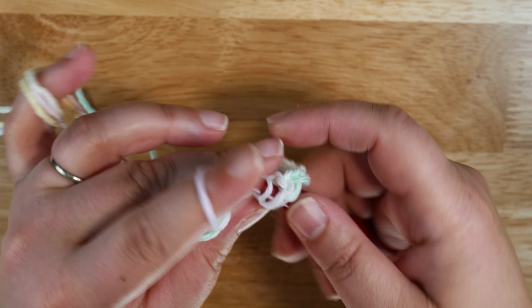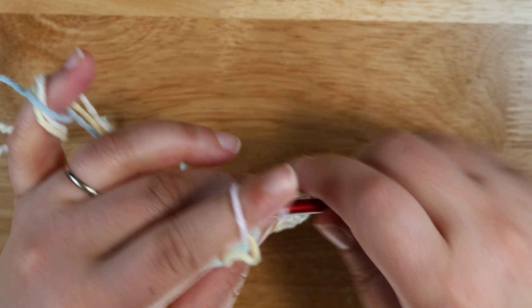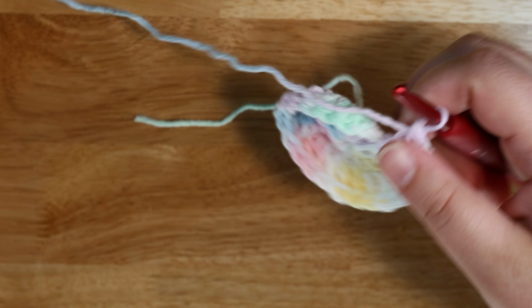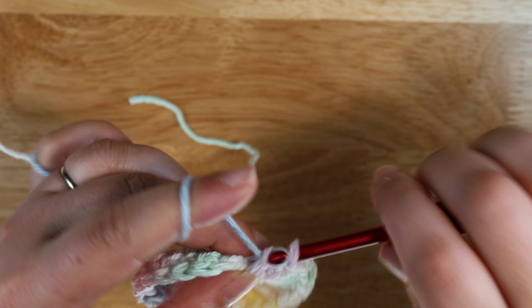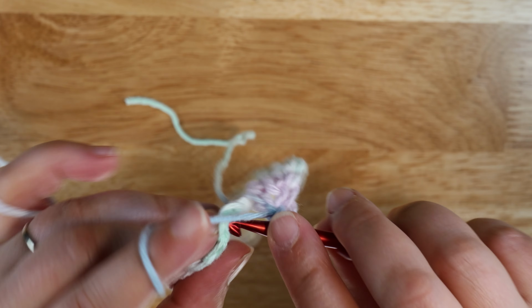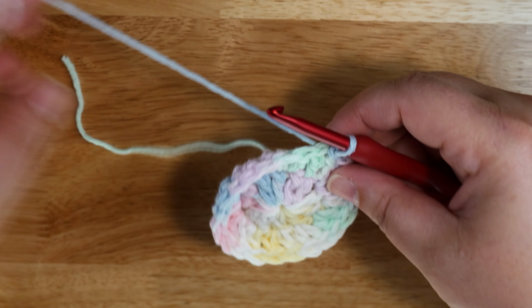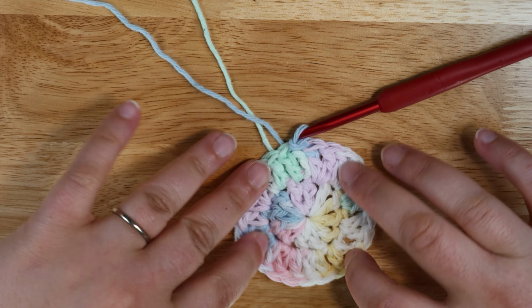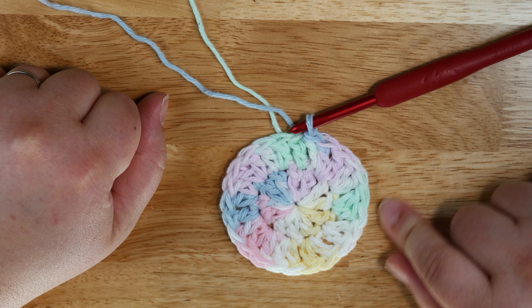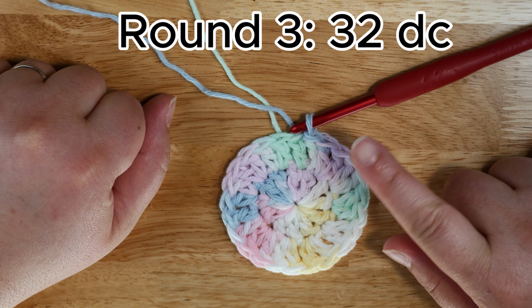And we'll just go ahead and slip stitch to join. I've got one more stitch here, and then I'll see how we're doing on that. Here's my slip stitch. Is it gonna lay flat? I think so. So the next round, we're gonna use the increases, but we're only gonna do it on the